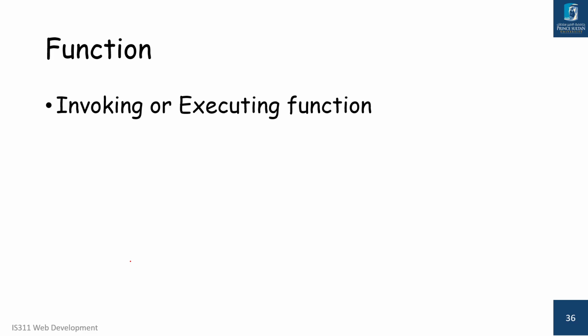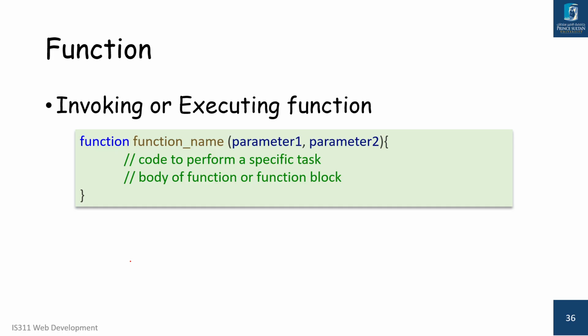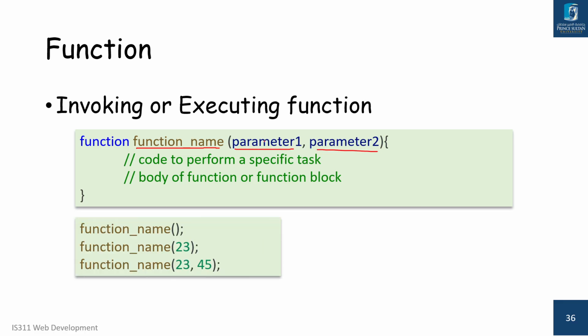Now how can we invoke it? Let me define a function here. So we have a function here, and then we have a function name here, and then we have parameter one, and parameter two. If I want to execute this function_name, we need to use the name of the method to execute this method. And if you look at it here, I have three different versions of these executions. If I say function_name without giving any parameter,